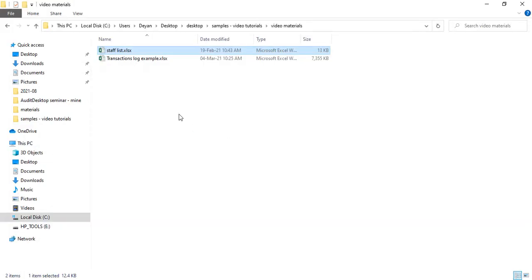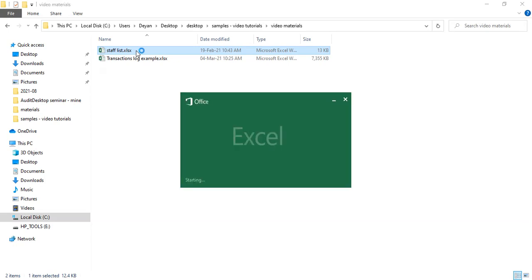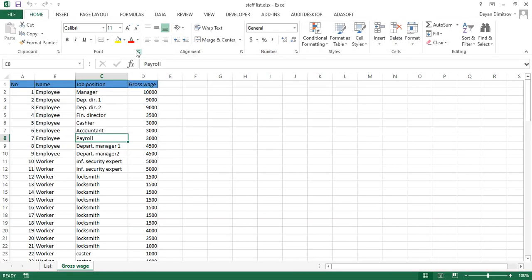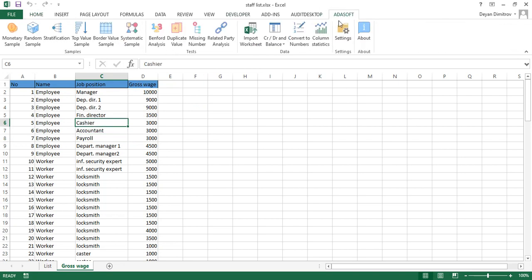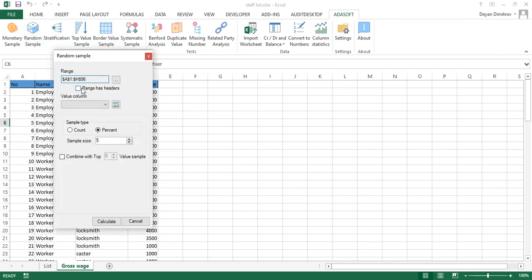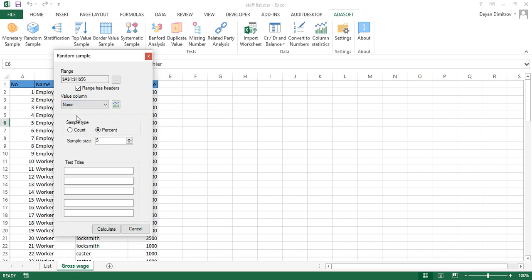As a second demonstration, I will create a random sample from this list of employees to check their contracts. For a value column, again in the Adasoft menu, click Random Sample. For a value column, I will choose the column with the names of the employees. When in a random sample, we choose to sample from a column